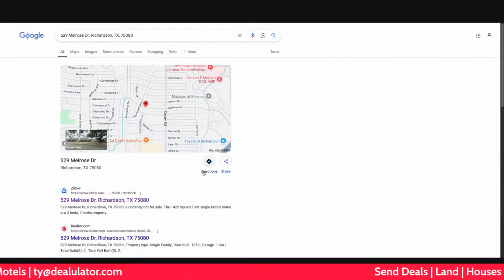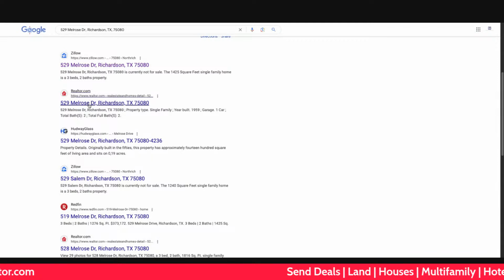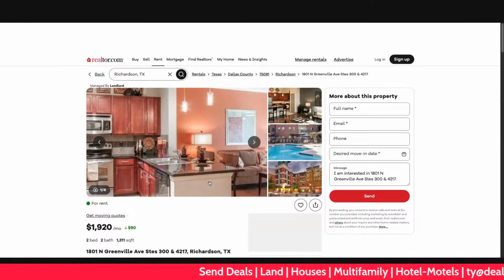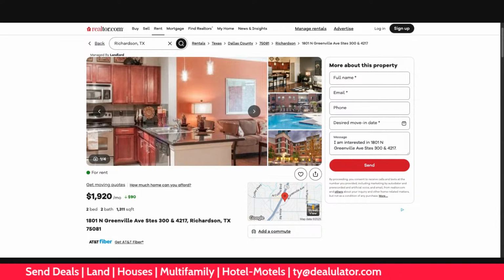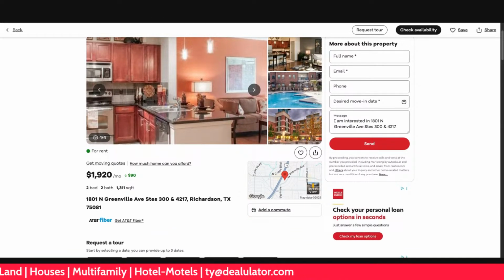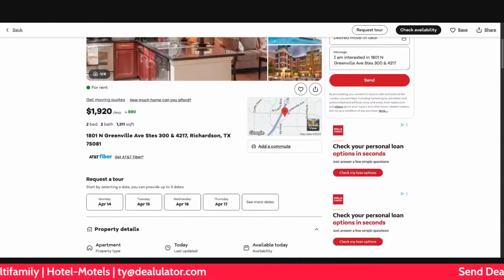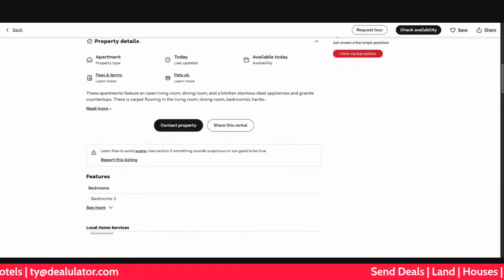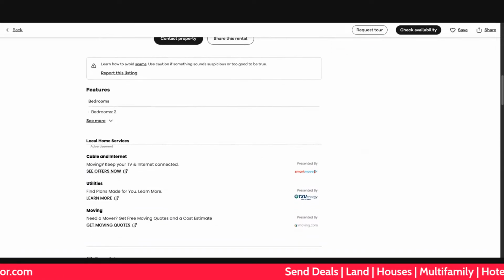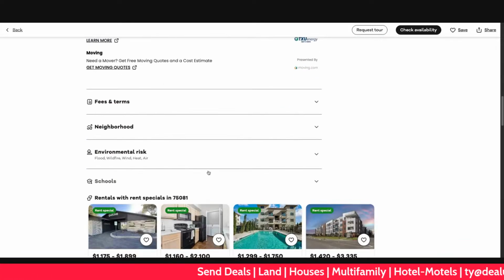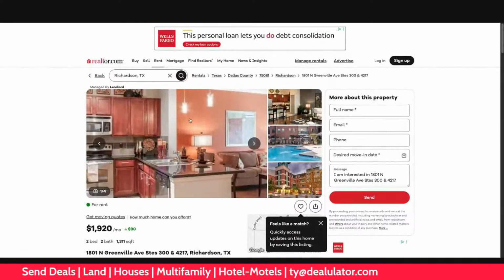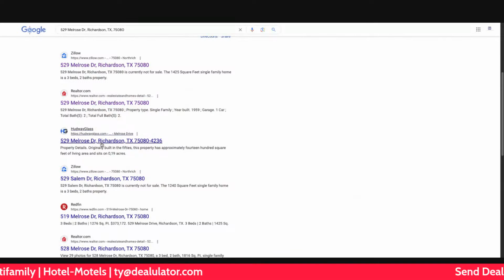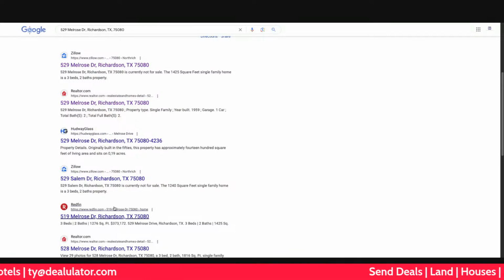Let's see what else we got. We have Realtor. Oh, got it for rent at 19. Is it listed with a realtor or with the seller? Okay. And then Redfin.